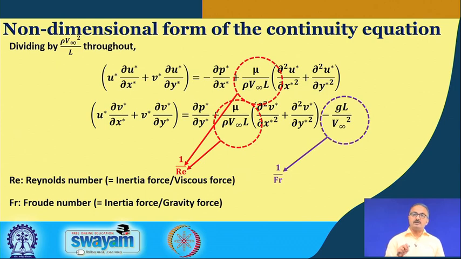Okay? And you know that when you want to maintain a turbulent flow, you need to supply energy from outside to keep the turbulence, because turbulence always tries to dissipate the energy. And if it dissipates the energy, it has a tendency to come back to the laminar region. But when this Reynolds number is quite high, then it will not come back to the laminar region.